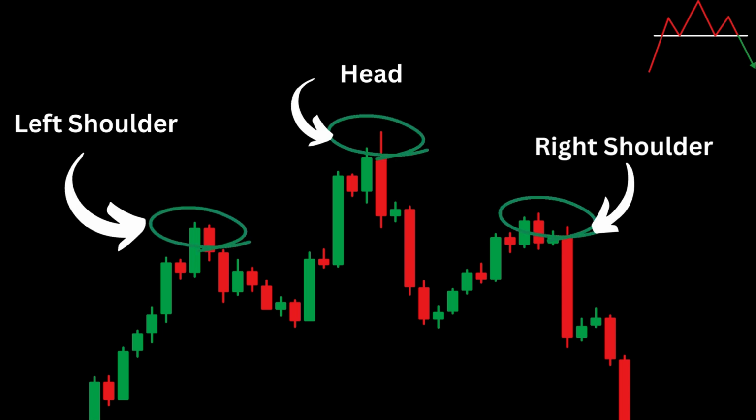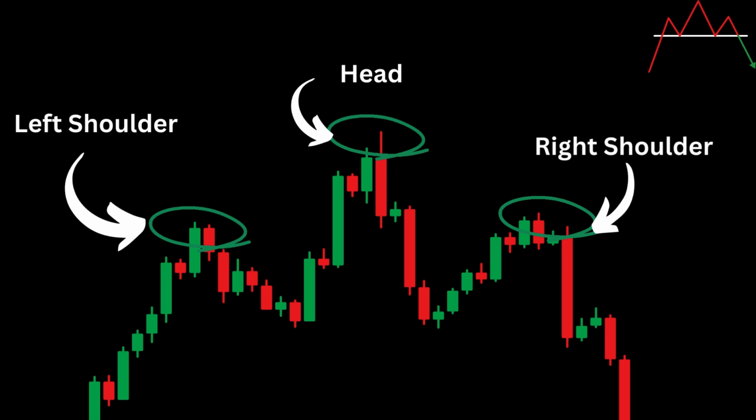The head and shoulders pattern is a reversal pattern that typically forms after an uptrend. It consists of 3 key components. Left shoulder. This is the first peak in the price chart, formed during an uptrend. Head. The head is the highest peak in the pattern, representing the apex of the upward move. Right shoulder. The right shoulder is the third peak, usually lower than the head and similar in height to the